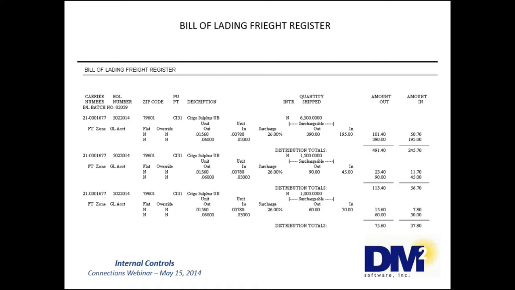If you see zeros on this report, you need to be questioning why. You may or may not charge your company-owned bulk plant and card locks freight out. If you do not charge the freight out, then you would expect to see zeros in the freight out column. Either way, you need to know what is expected to be on this report so you can verify that you are charging your freight in and freight out correctly.